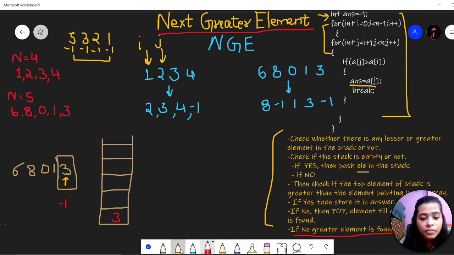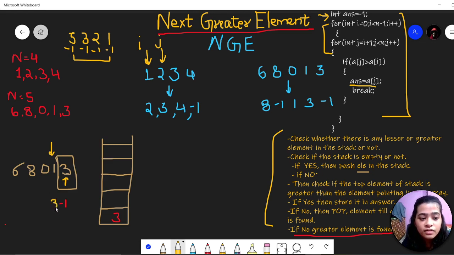Now the pointer will go to the second last element, and we will check if the stack is empty or not. It is not empty. Then we will check if the top element of the stack is greater than or lesser than the element pointed to in the array. See, 3 is greater than 1. So the next greater element of 1 will be 3.